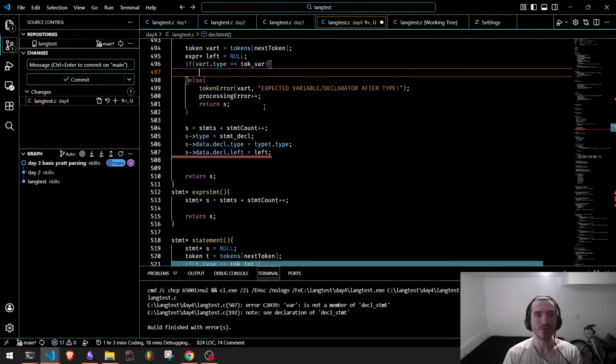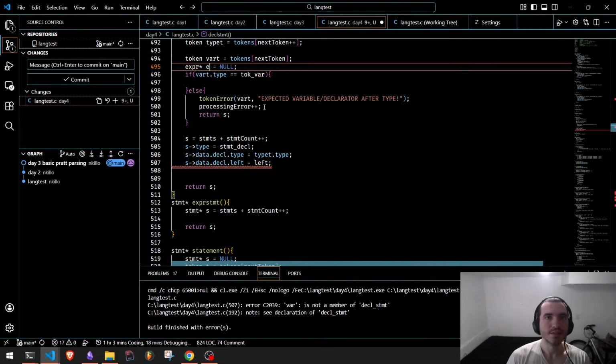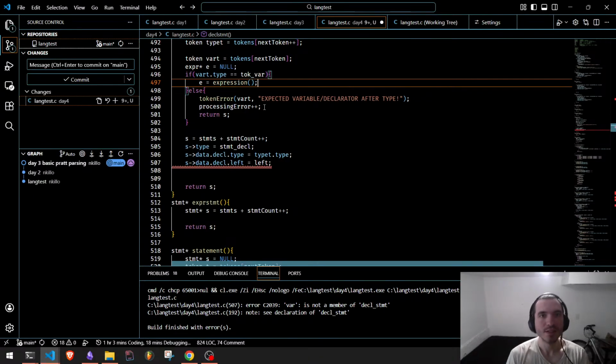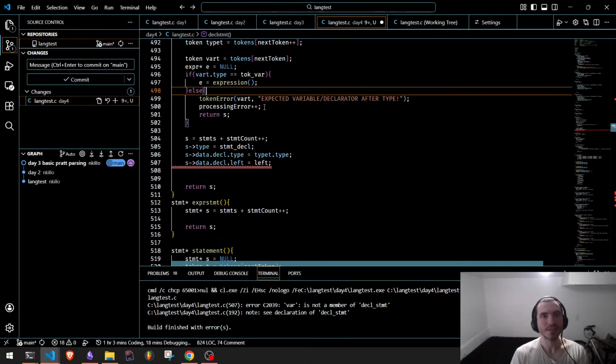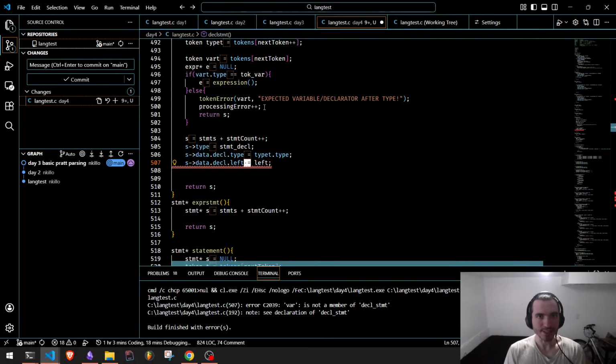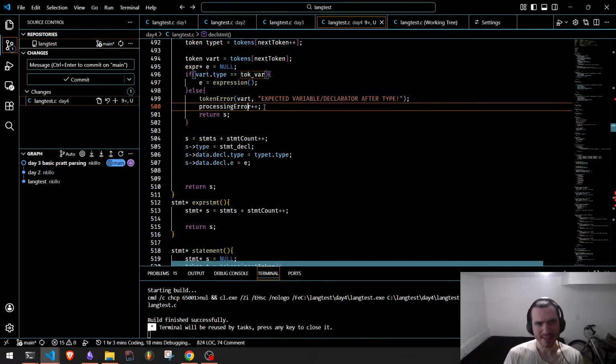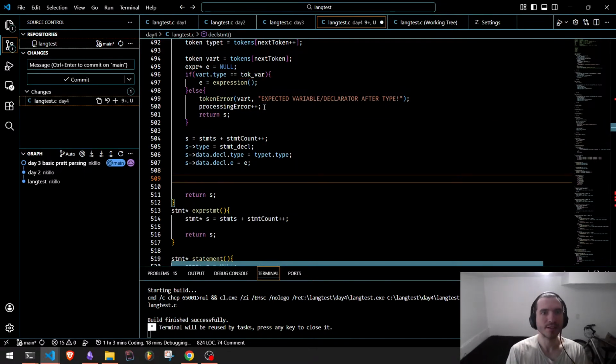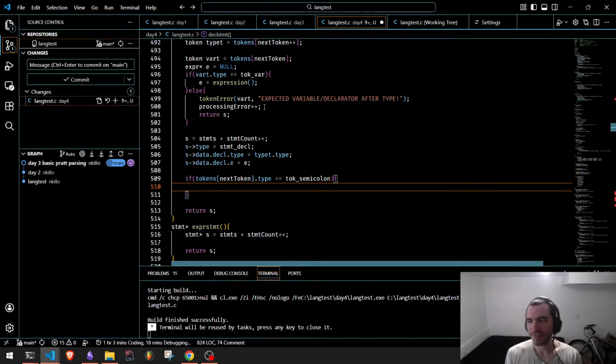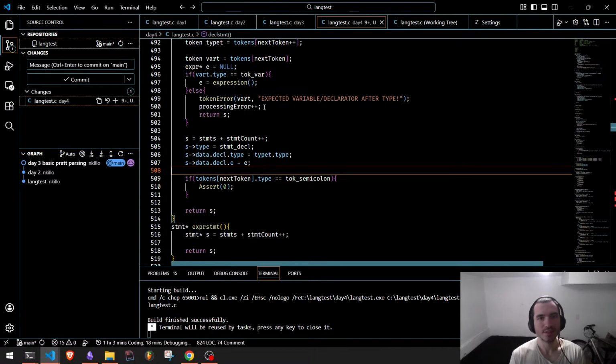Okay, so we will just do E and E equals expression. Yes, I think that should work. And then we can do E equals E. Okay. And then we also need to check if next token, or sorry, tokens, next token dot type equals semicolon. We can just start terminating all of our expressions with semicolons. And we can just do assert, whatever. Let's just